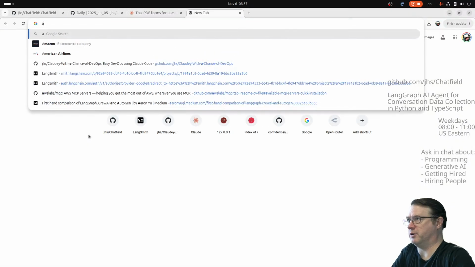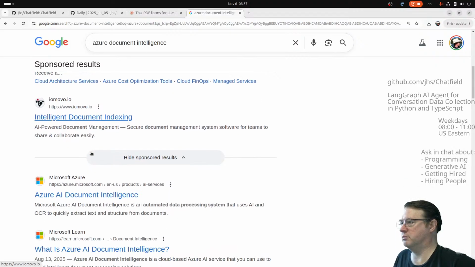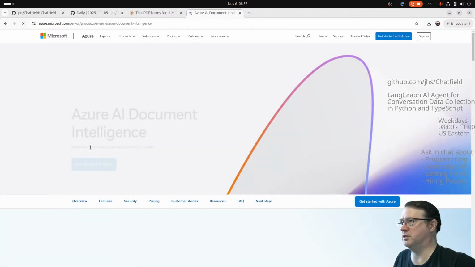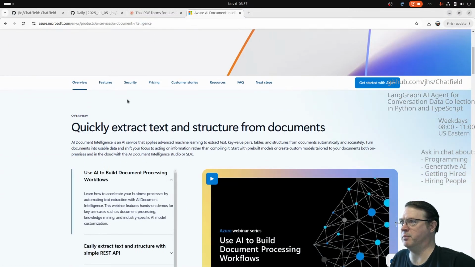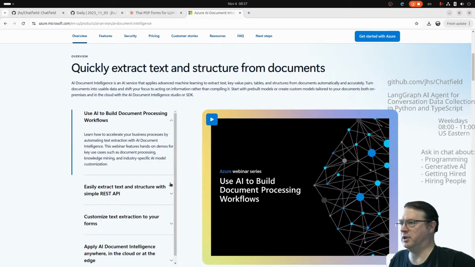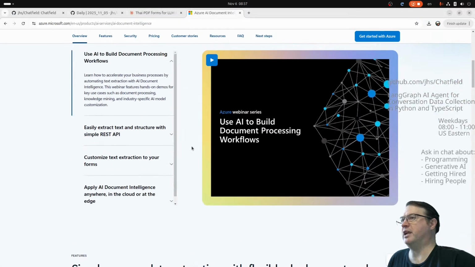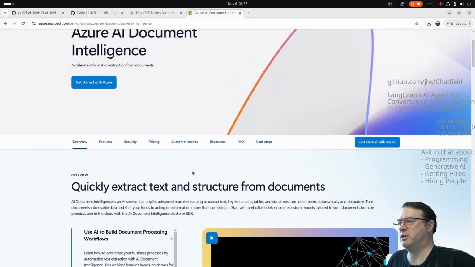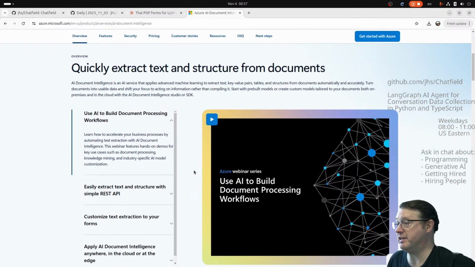Also, I find the Azure one. Let's just pull it up. Azure Document Intelligence. This thing, this is no joke. This is awesome. They've renamed it a bunch of times, and there's a nice little demo. But anyway, you run the query, and you can pay extra and click a flag to true and say, I want the key value definitions, and it'll basically give you